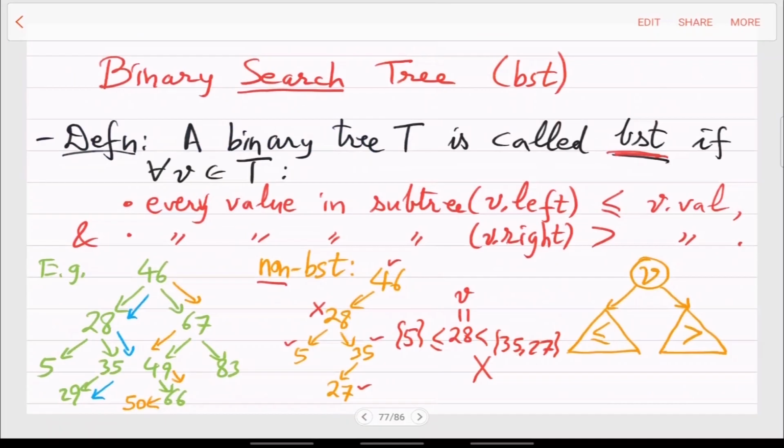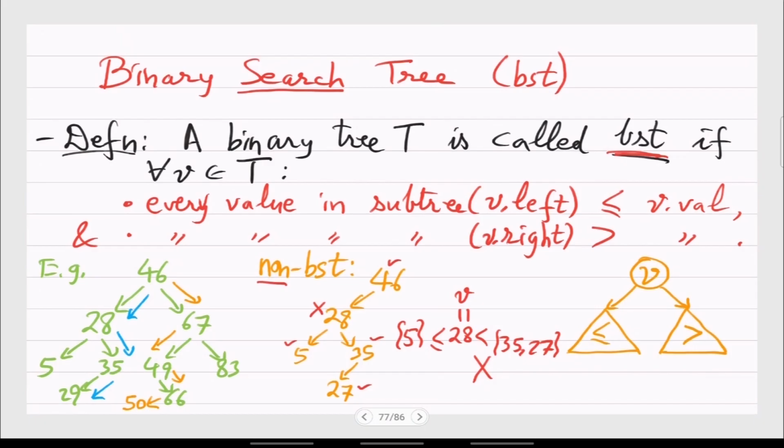And the third concept was this notion of search. So the height will be useful only when you can actually use the height properly. So for that you have to arrange the tree such that for every node V, all the elements on the left have to be less than or equal to V's value, and that should be less than whatever you have on the right. So these were the examples.